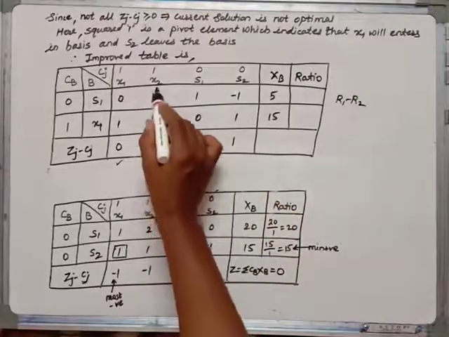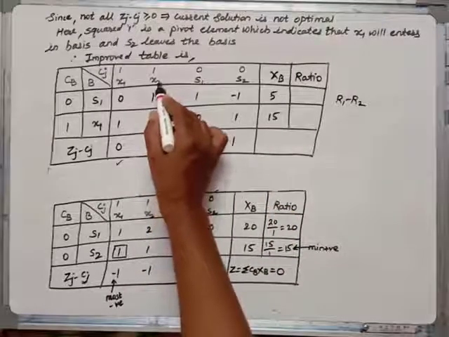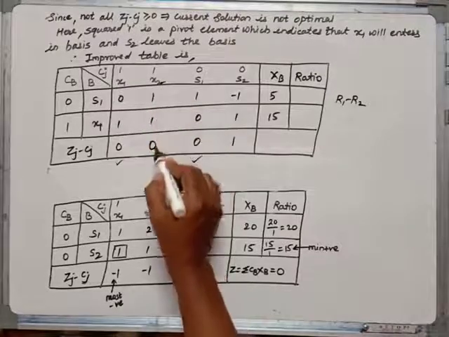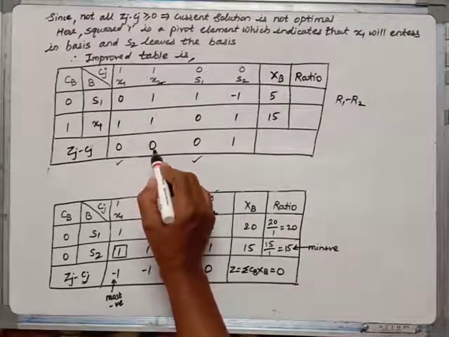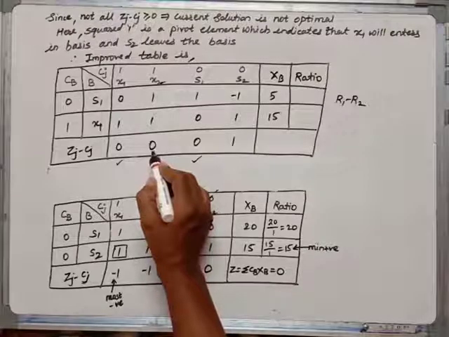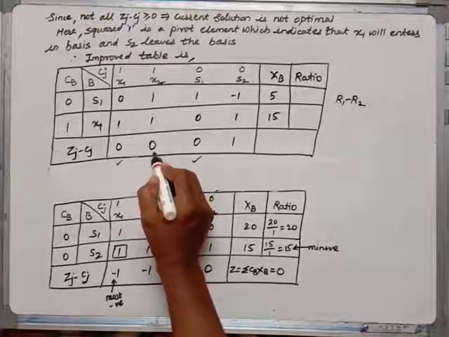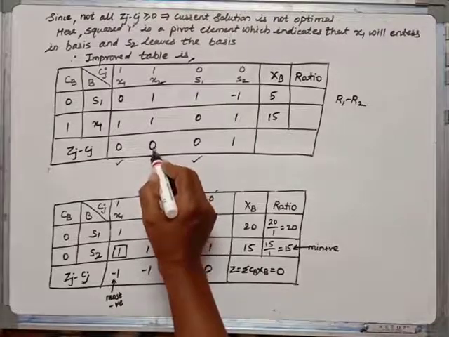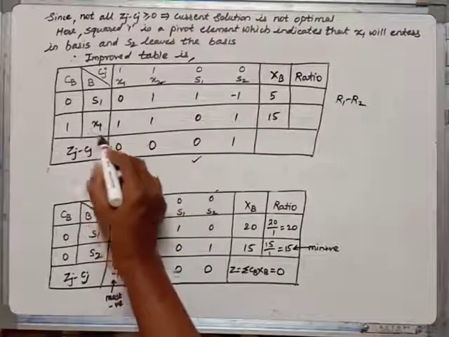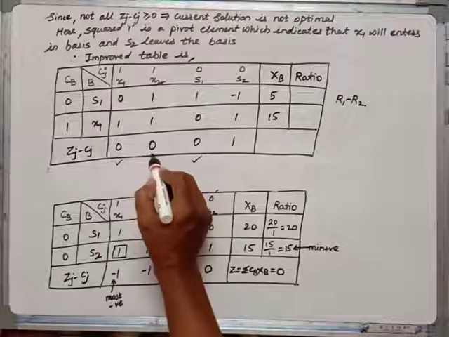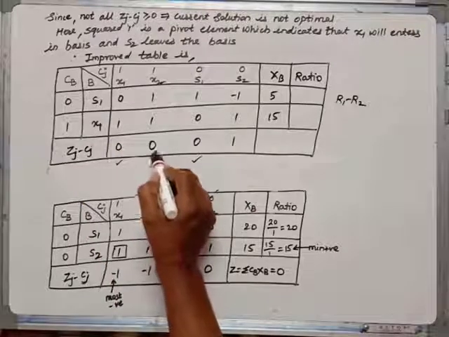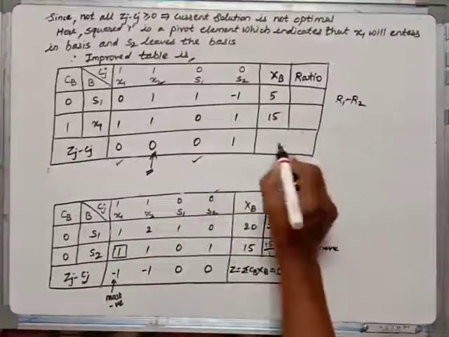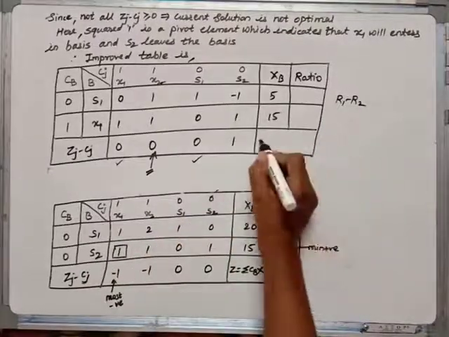Also now here, we haven't done any extra calculations for making this Zj minus Cj 0. Still it is 0. This indicates that this problem has an alternate solution. So even though we haven't taken this x2 in a basis, it wants to enter in a basis. This tells us that there is an alternate solution. Now here let us obtain the solution first. Later on we will go further.